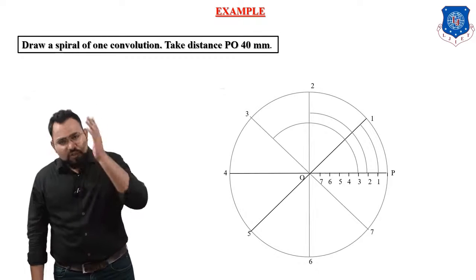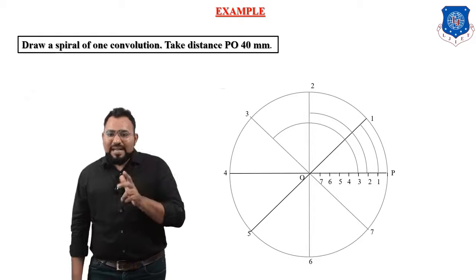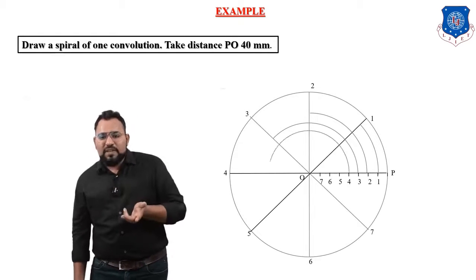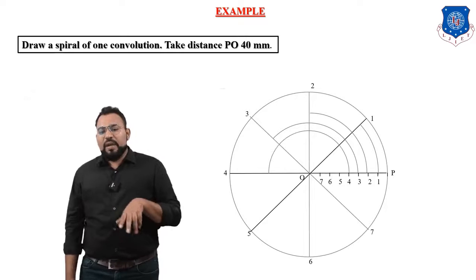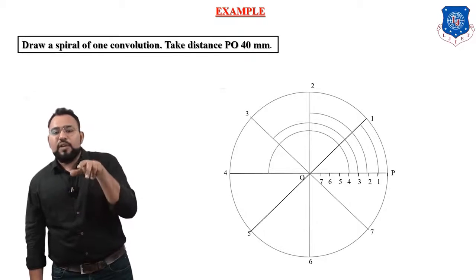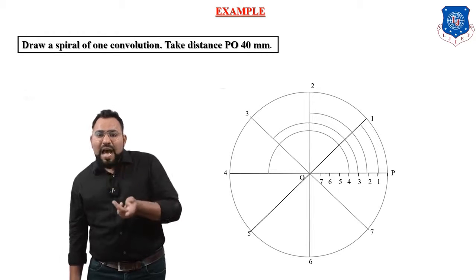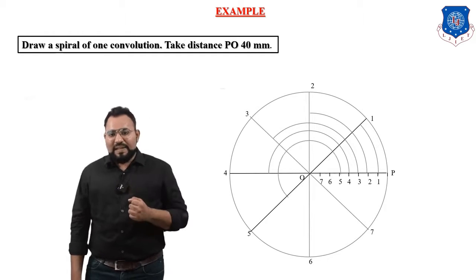Now what you will do? Yes, you are right. Now you will take a distance equal to O24 and O as a center, put an arc on the fourth division of circle like this. Okay. Now what we will do? Now we will take a distance equal to O25 and O as a center, put an arc on the fifth division of a circle like this.